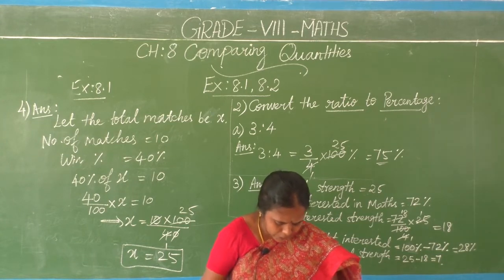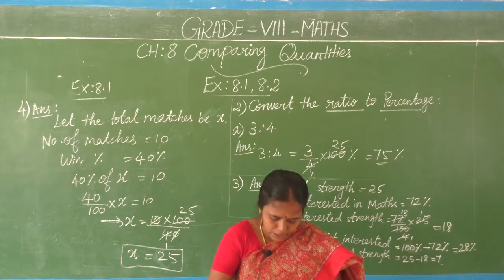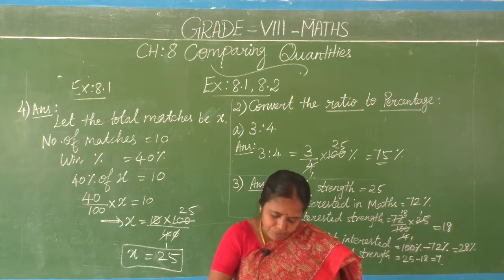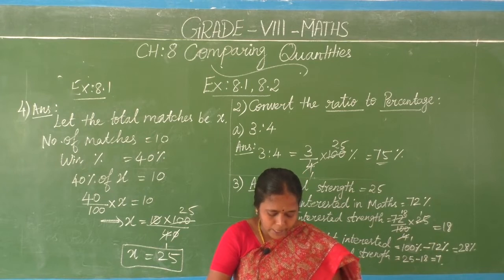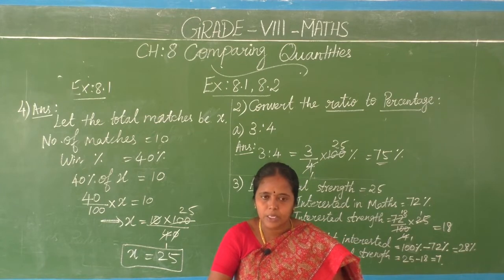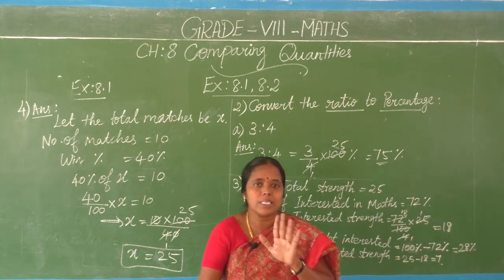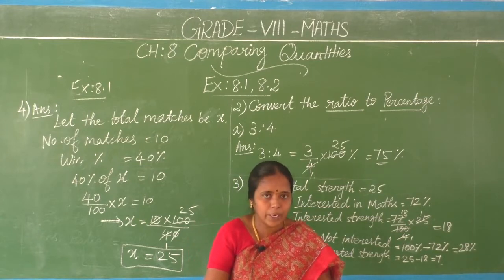See, fifth question. If Kamali had 600 rupees left after spending 75% of her money, how much did she have in the beginning? What is the question, pa? Fifth one. If Kamali had 600 rupees left after spending 75% of her money, some amount she spent. The spending amount they have given in percentage, 75. Okay, 75% of her money she spent.